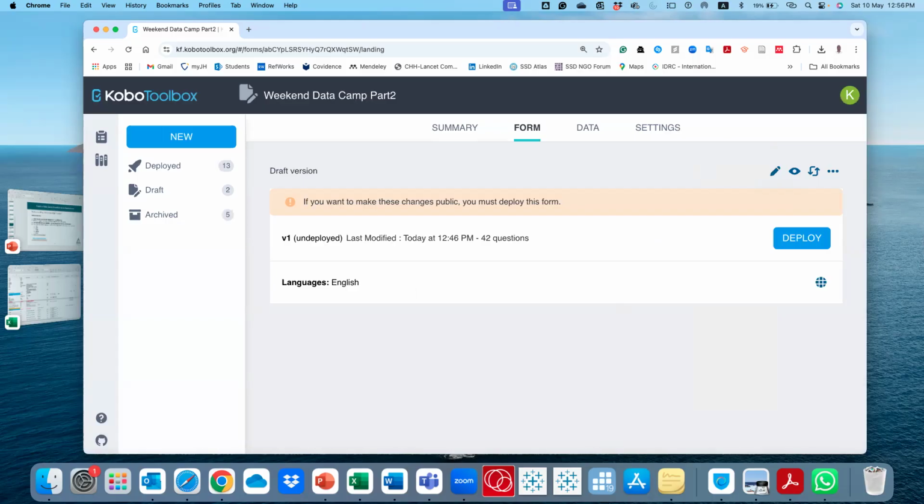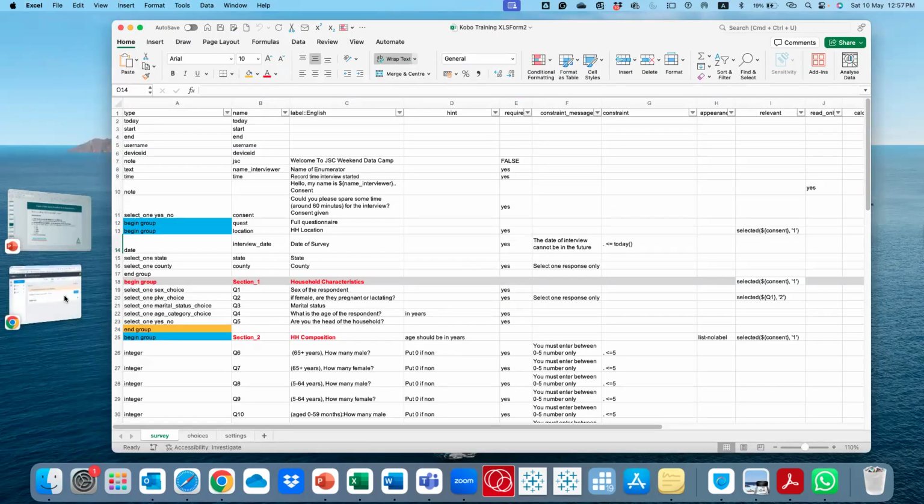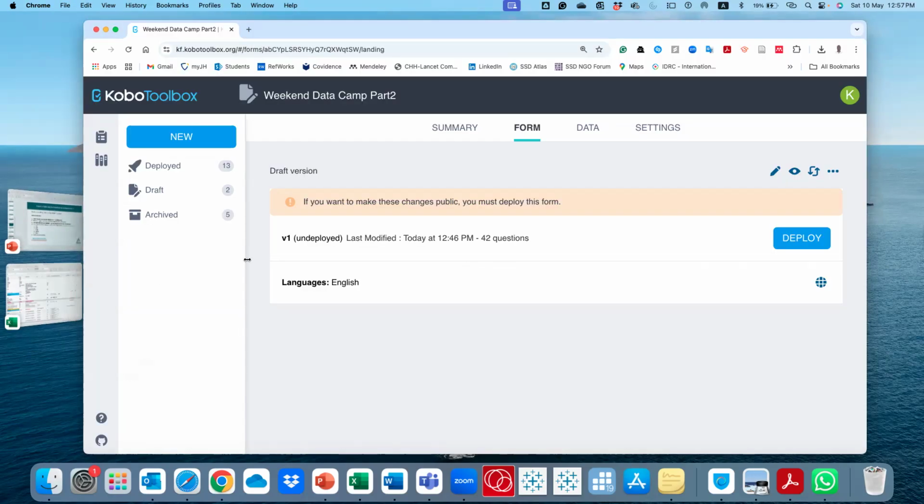So we want the device to pick that GPS automatically, because if we have to make provisions for entering it manually, then somebody can simply enter some predetermined GPS coordinates, which is not something that we are hoping for. Again, you may realize that the outlook may be relatively different when you display this on the KoBo app or on the ODK app.